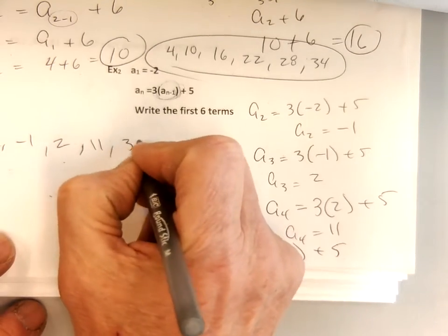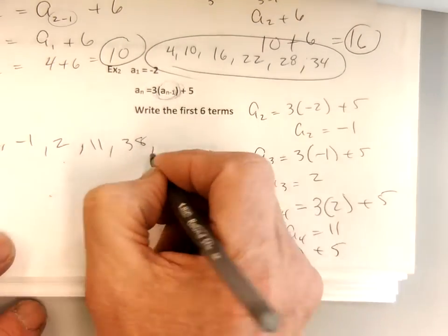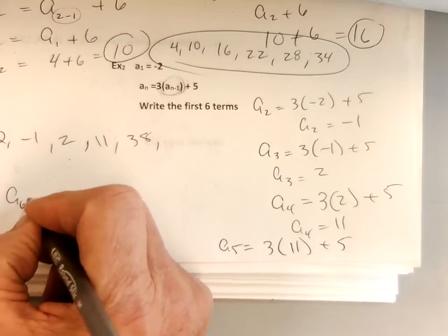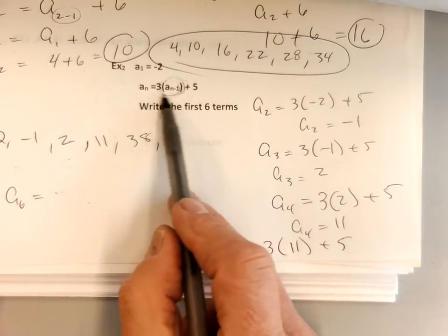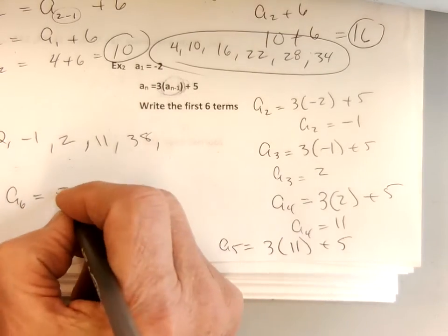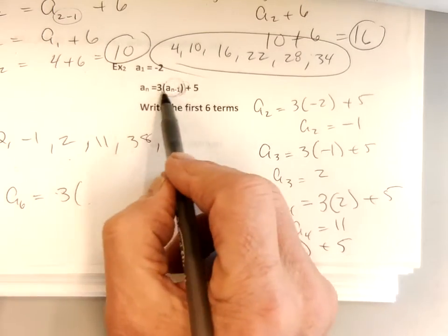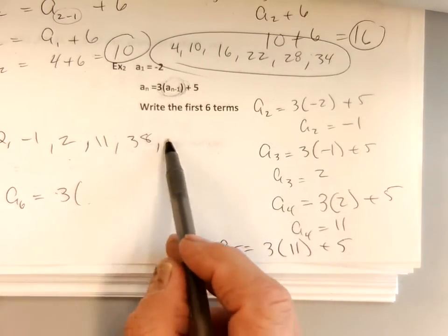Yeah. I need 6 terms. I got 1, 2, 3, 4, 5. I need one more. So to make A6, my formula says take 3 times the previous term. What was the previous term? 38